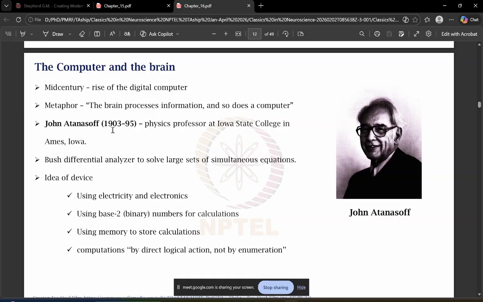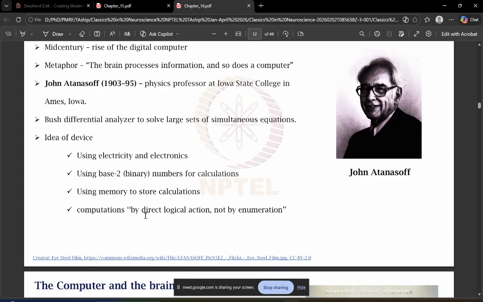And he was the one who first came up with this idea that maybe it is possible to use electricity and electronics, and especially by using base 2 or binary numbers for calculations, and for using memory to store the calculations. So the data that you input, as well as the calculations that the computer makes, as well as the output, all of these can use a memory to store all of these,